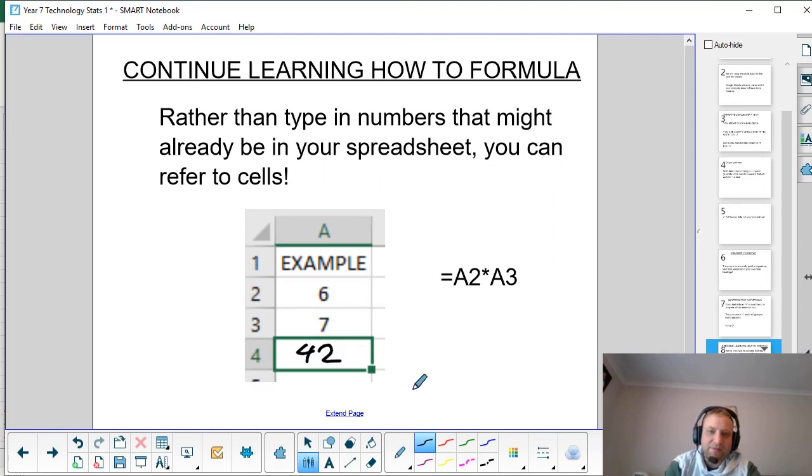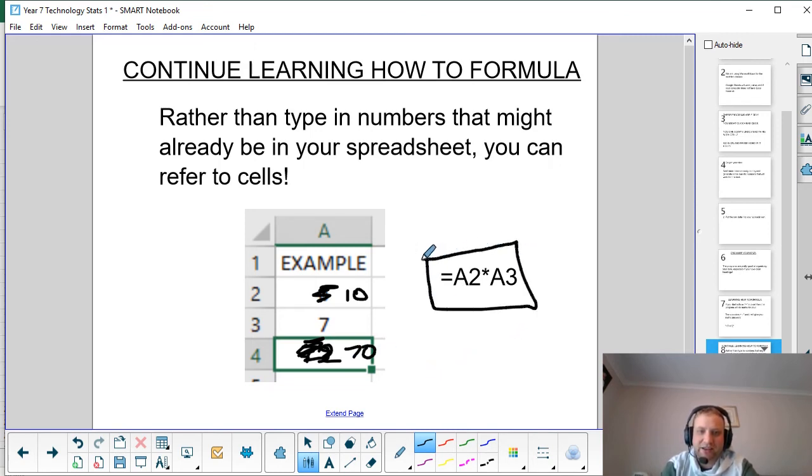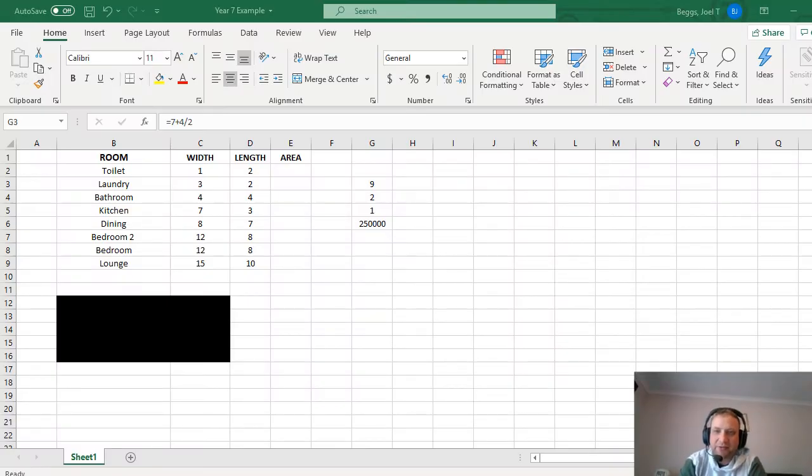All right, and the fun part about this is I can actually change these numbers now, and this formula remains intact. So if I cross this number out here, and I turn it into a 10 instead of a 6, then it'll actually change its answer to become 70, and it'll respond to that. Right, so being able to put in a particular cell is really, really useful. Yeah, and being able to multiply a couple of cells together is really, really useful for you guys right now